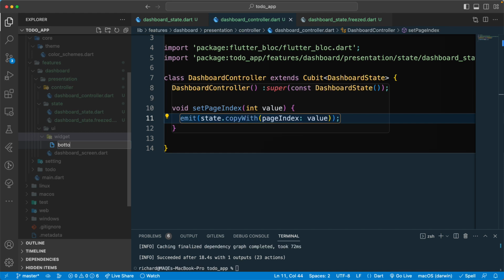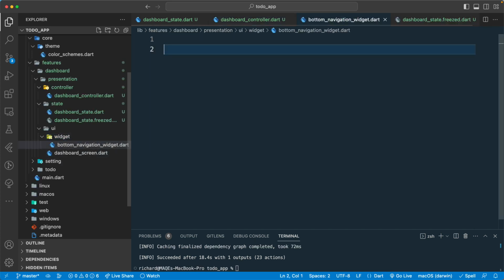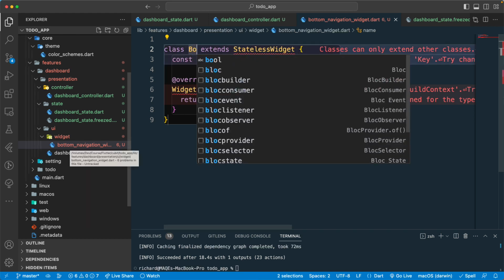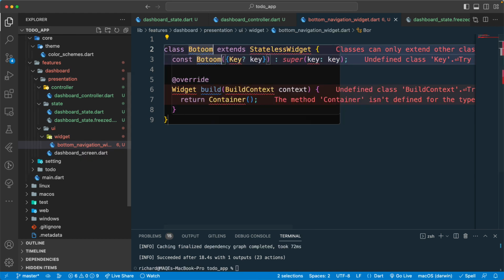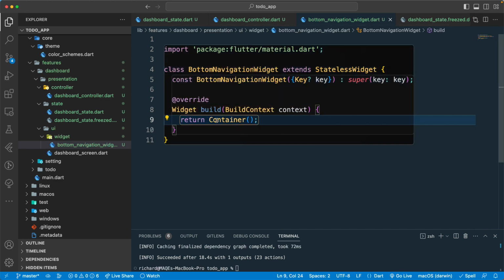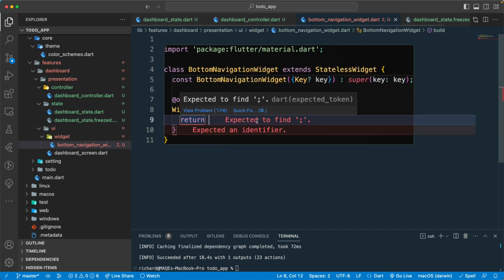That will be our bottom navigation, and let's call this one bottom_navigation_widget.dart. Let's create the class over here, a stateless widget, and it should be a bottom navigation widget. Once we have that, let's import the package. Over here we need to return, since we are using Material, let's return the